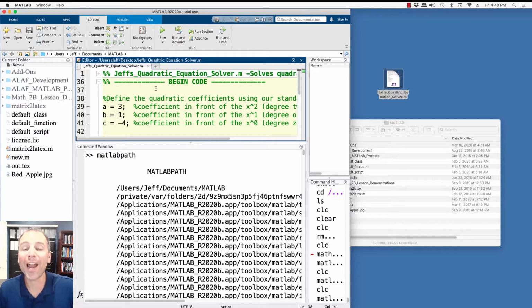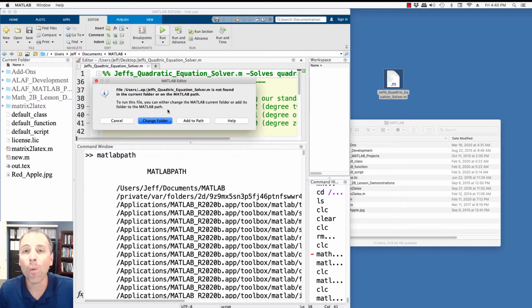In this analogy, when I go to run a script, a function file, define a class, or access data that I as a user have defined and that's not native to MATLAB, when I run it, I have to make sure that I tell MATLAB where that file is. In other words, because a librarian works at the Library of Congress, if I am a devious user, if I go into the Library of Congress and hide a new book and then don't tell the librarian where that book is hidden, turn around and ask the librarian to find it, they're going to say to me, I don't know what you're talking about. I've never heard of that book. If it's here, you've got to tell me where it is. That's exactly what this little error message has said.